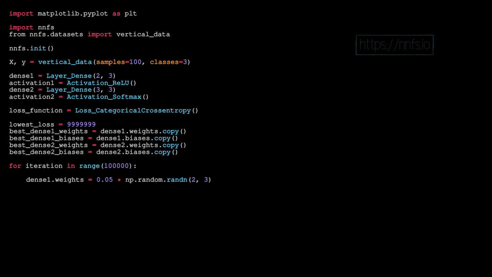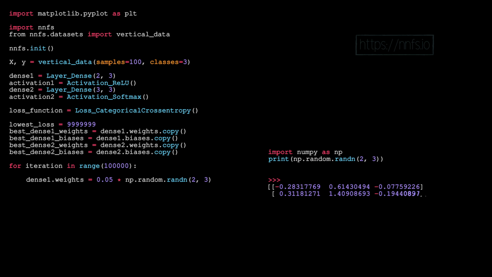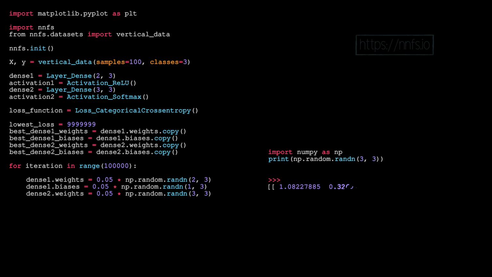As a reminder, np.random.randn will produce a standard normal distribution of values for whatever shape you pass in the parameters. So in this case, if we just look at np.random.randn with parameters 2, 3, we get a 2x3 array of random values in a standard normal distribution. We'll continue this for each of the layer weights and biases. Each time you run the random.randn function, you get varying results, so this is how we'll somewhat randomly hunt for